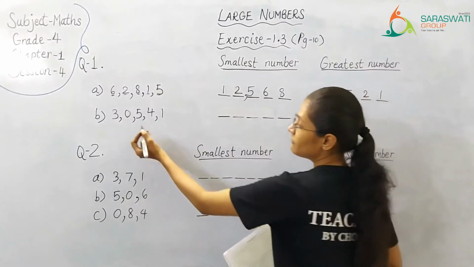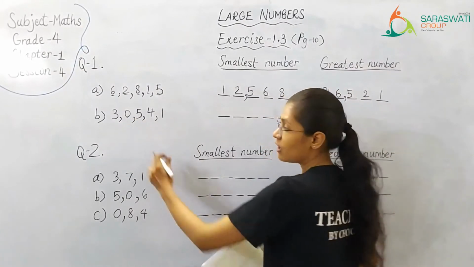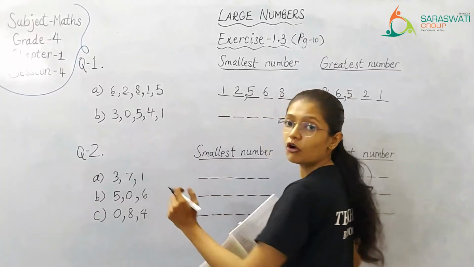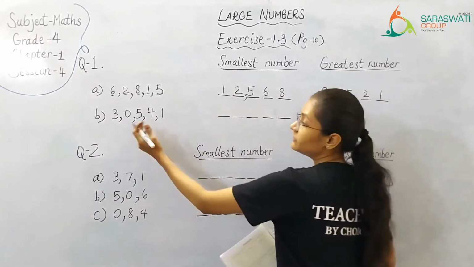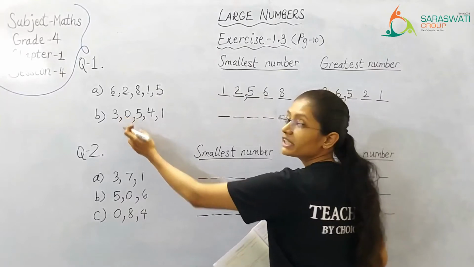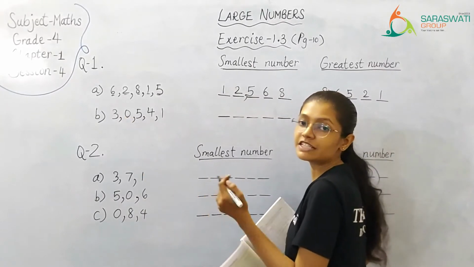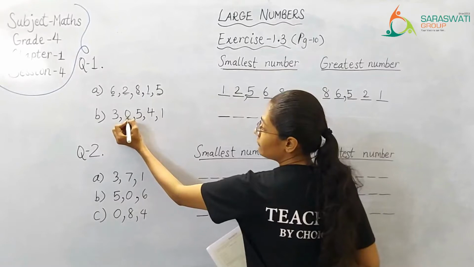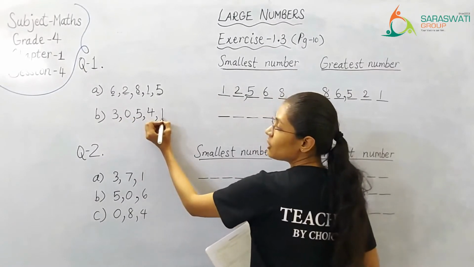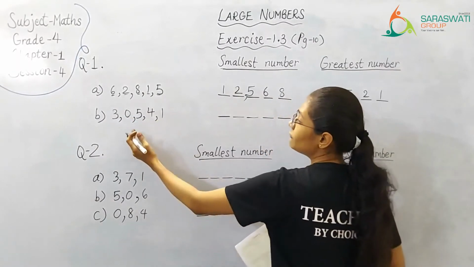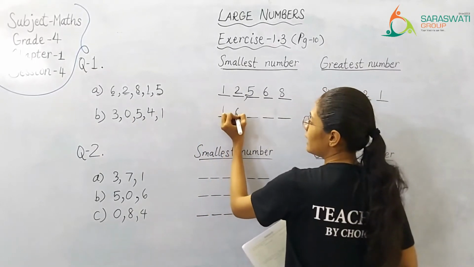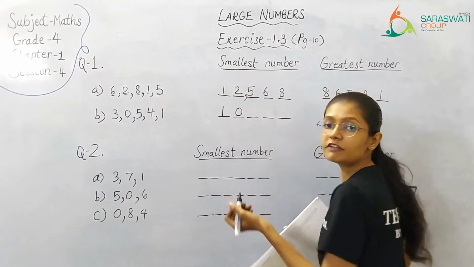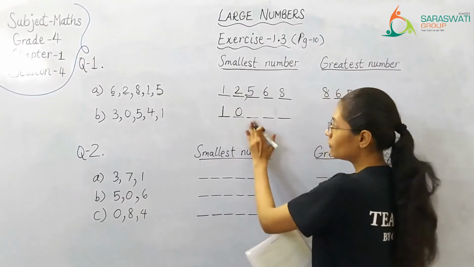Now in this case, we have digit 0 as well among the given digits. So we cannot write 0 at the beginning. We need to exchange the place of 0 with the next smallest digit. So in this case, after 0, the next smallest digit is 1. So instead of writing 0 and 1, we will write 1 and then 0. And then we will carry on our ascending order over here.